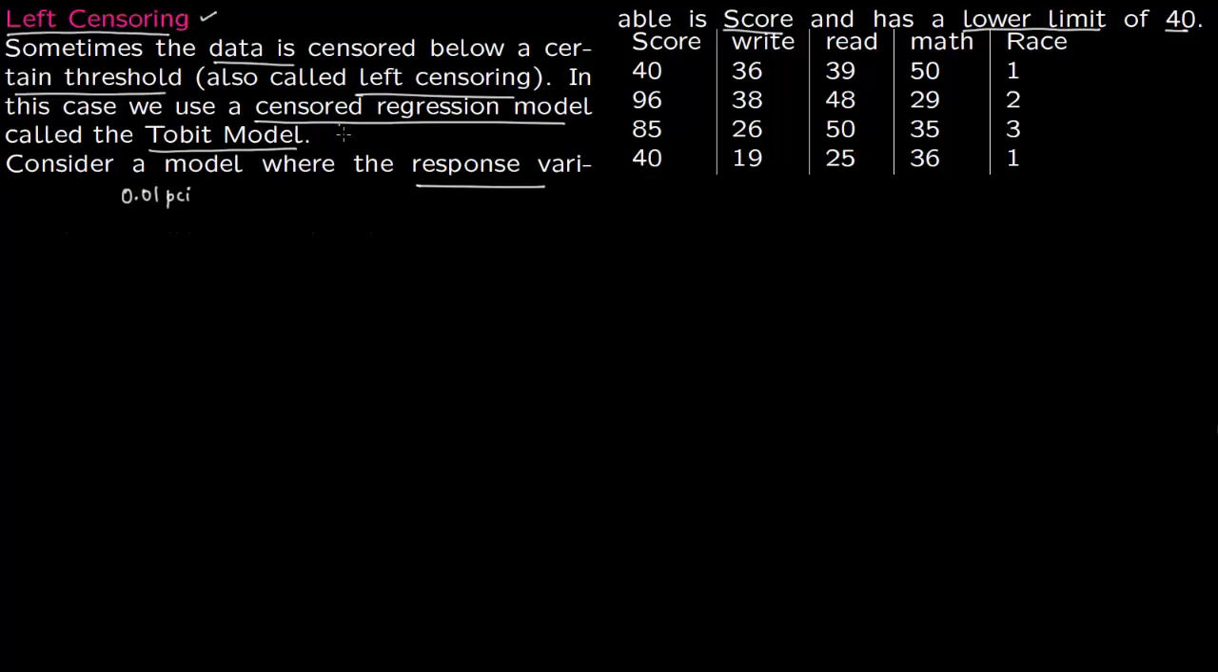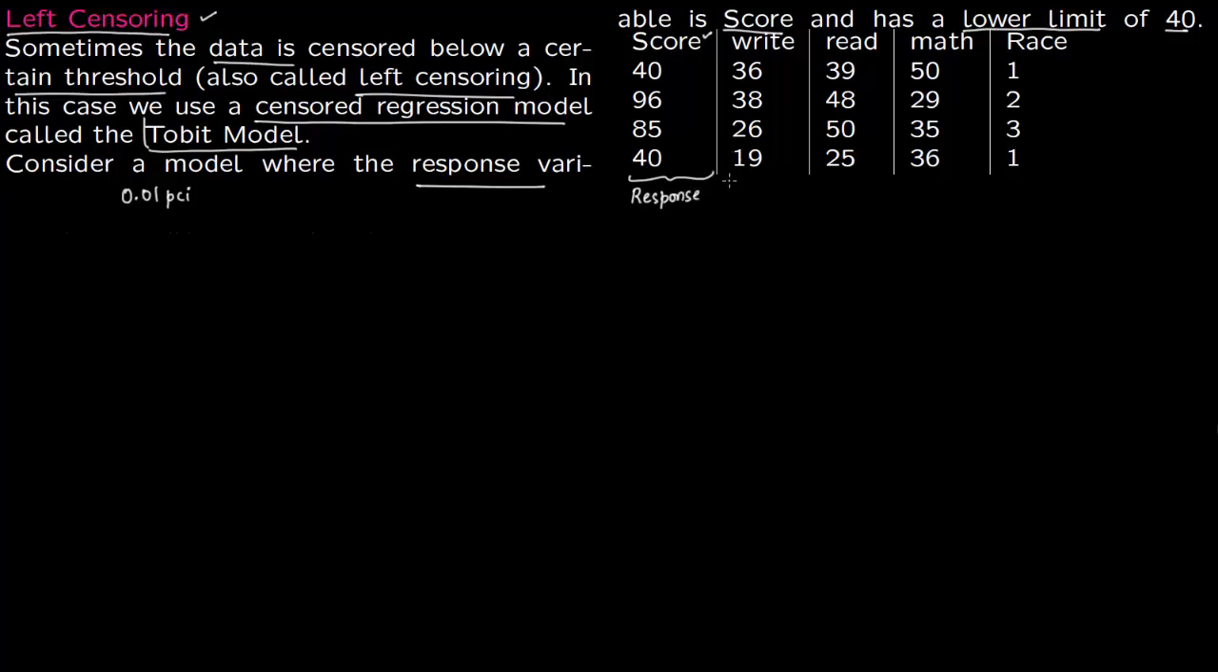Now if you have left censoring of data, we will use a Tobit model. For example, consider a response variable score, which is limited below by a lower value of 40. Anyone who takes the test gets at least 40, but the maximum score is 96. Say this test is out of 100, the maximum score a person got was 96. So this model is not censored above, but it is censored below by a value of 40. We want to predict the score, which is the response variable